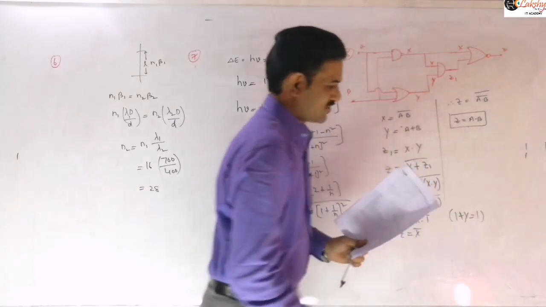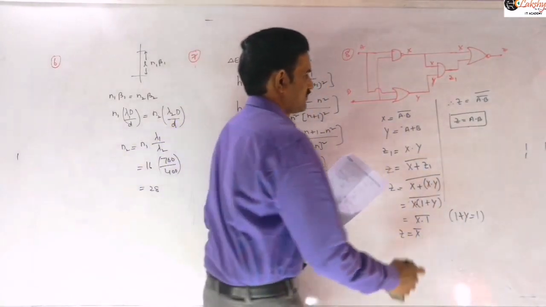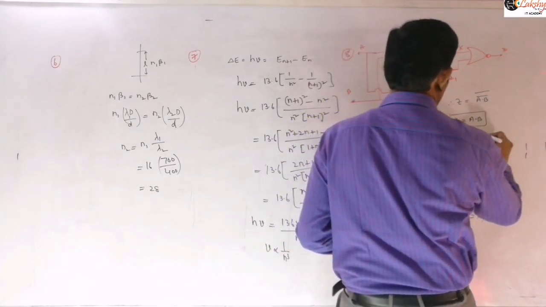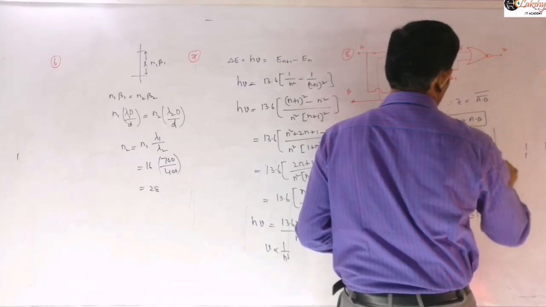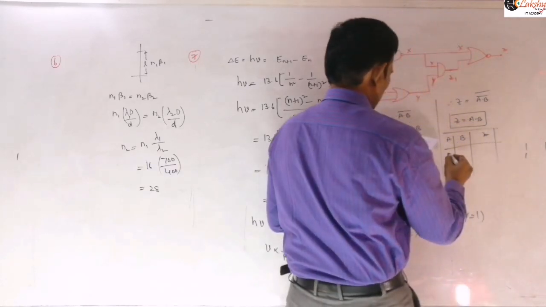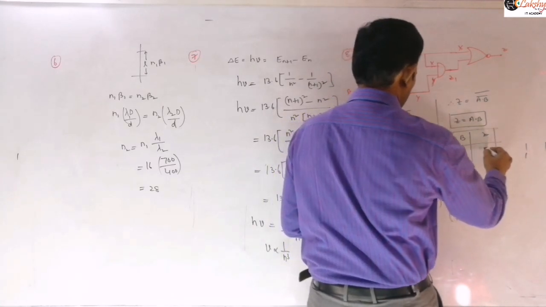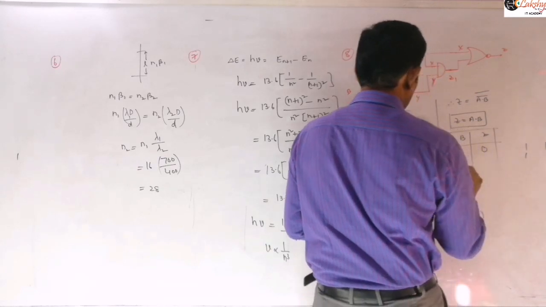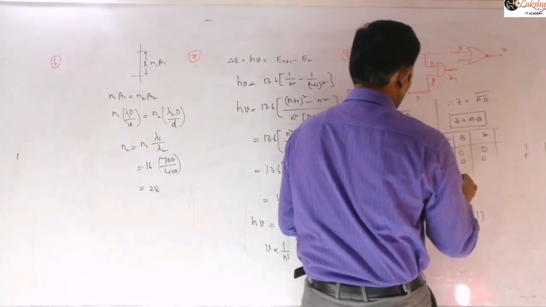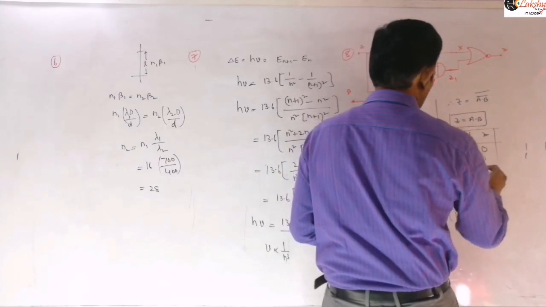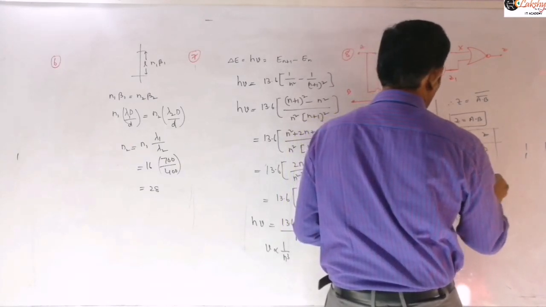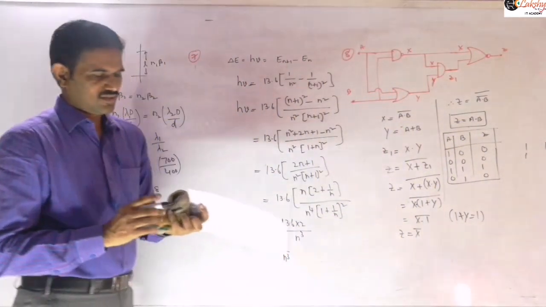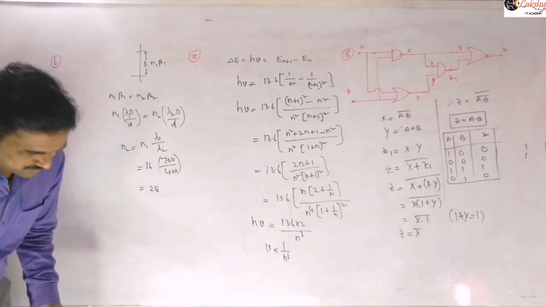So now I can write the truth table of this AND gate, how I can draw here. Just to say this, A, B and Z. When A and B are 1 comma 0, then you will get this value as 0, and when the next set of values is 0 comma 0, then you will get 0, and then the next set of values is 1 comma 1, then you will get 1, and 0 comma 1 you will get 0. So it is nothing but simply the truth table of AND gate you will get there, right? So that will be the corresponding outputs there.